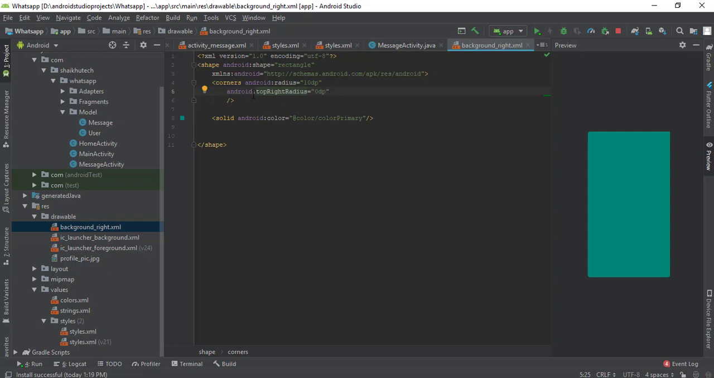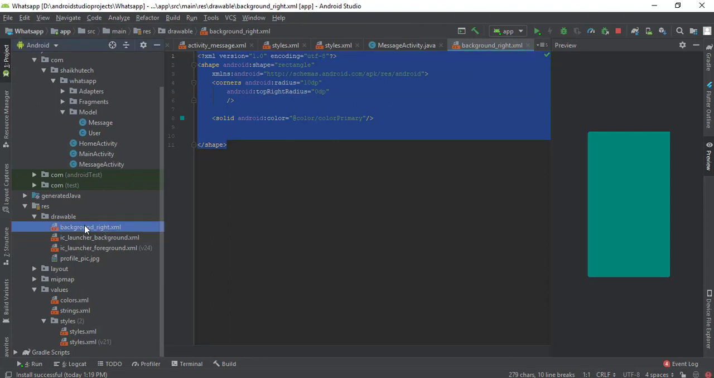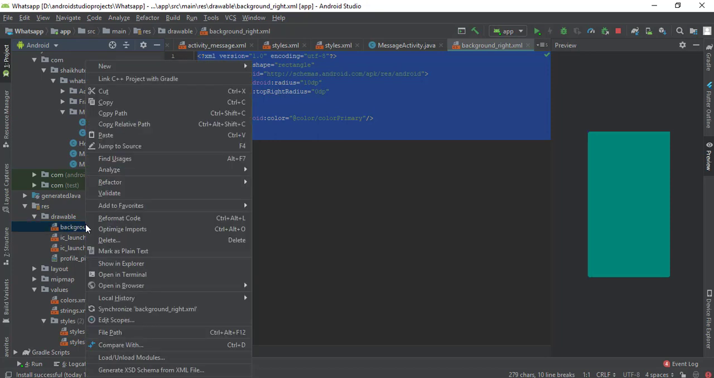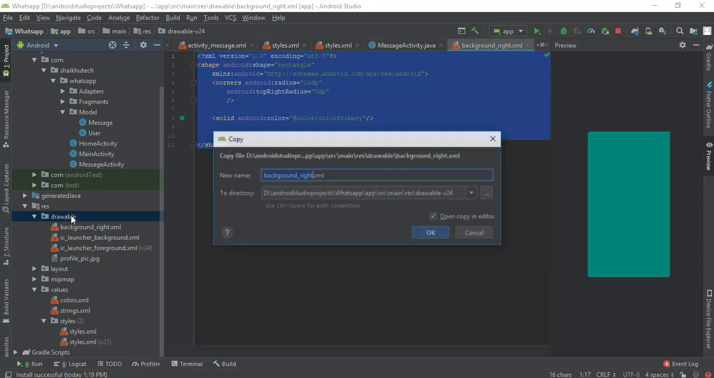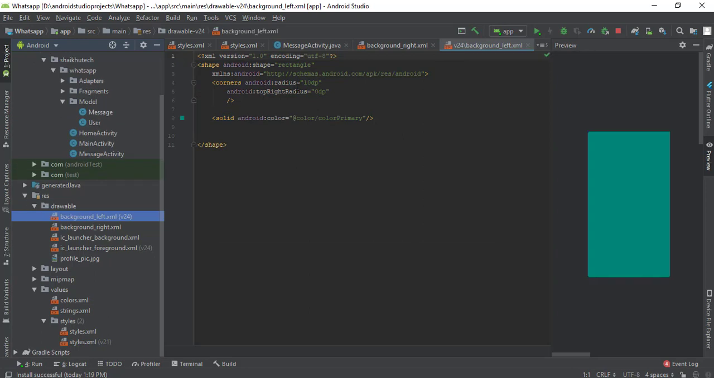Okay, so now I'm going to design the same for the left one. Just copy this design here at the inside drawable folder and copy it and paste it over. Just rename it to left and just make this left. Perfect. So we have successfully designed both backgrounds,